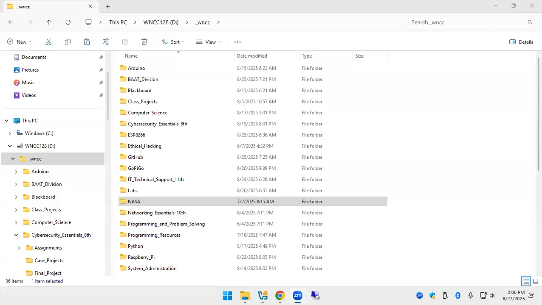We're going to work on file management. We're going to work on some basic computer skills, even though some of you are already well past that. As an IT person, you should be an expert user of everything. Because part of your job in IT tech support, cybersecurity, computer science, doesn't matter what you do, you're going to